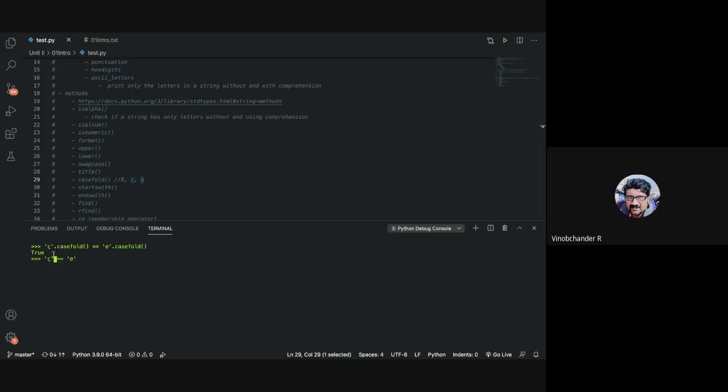Although aggressively it is the same thing, when you compare the literals as such by themselves, it says false. They mean the same thing in German. Correct. Okay, okay. Anything else, guys?